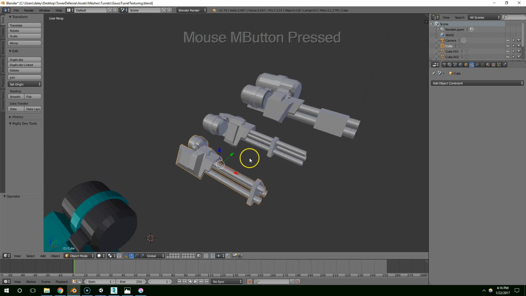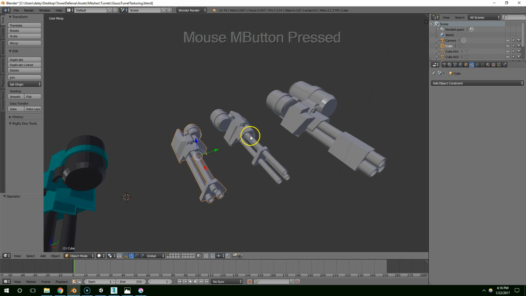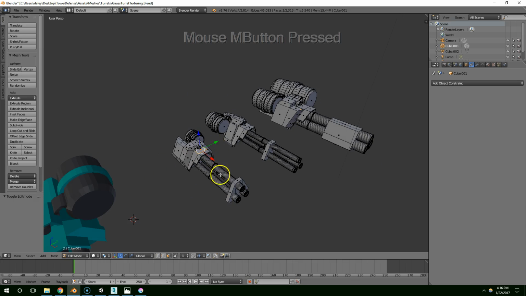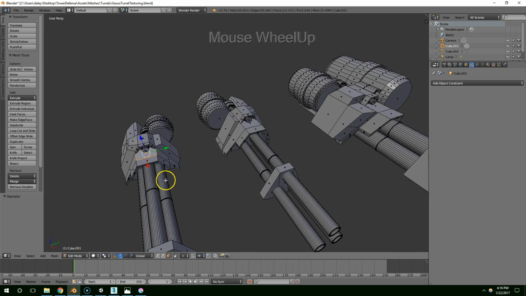In the last video I assigned two different materials to these objects, but for some reason I didn't save it, so I'm just going to really quickly fix that. The first thing I want to do is click on this one, shift click, and then hit Control J to join them all into the same object. So now I can select geometry on all three at the same time. I'm going to select each of the three barrels,